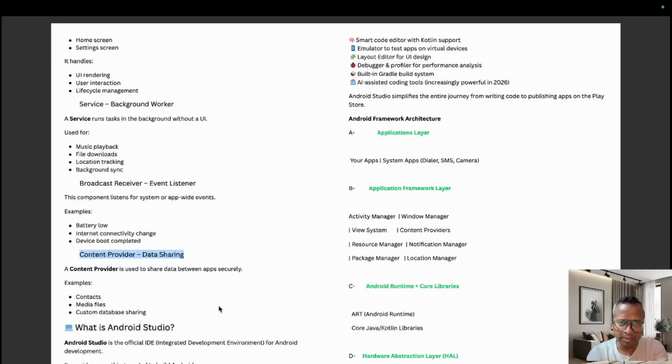develop the Android application. Basically, to develop an Android application, there is an official IDE that is known as Android Studio. So Android Studio is the official IDE for Android development. It provides everything needed to build Android apps. So what are the key features of Android Studio that we need to understand? First one is